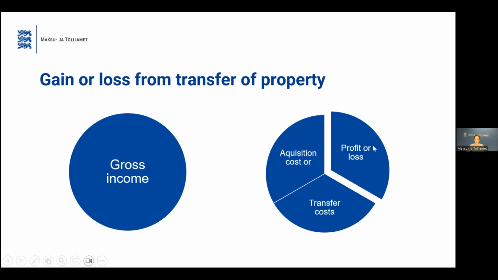But as in Estonia, in case of transfer of property, only the gain is taxable by income tax, you should fill in the acquisition cost and transfer costs directly related to the transfer yourself. Those costs may be filled into the tax return only if you have a document about it.